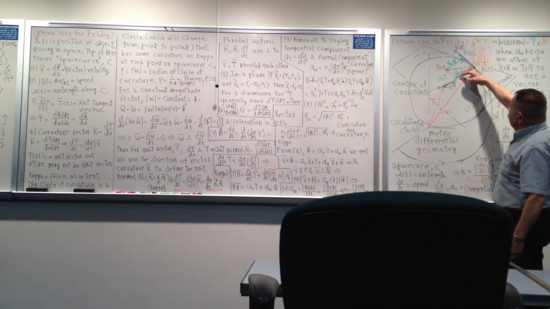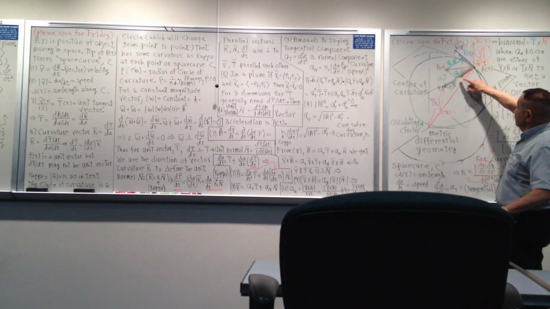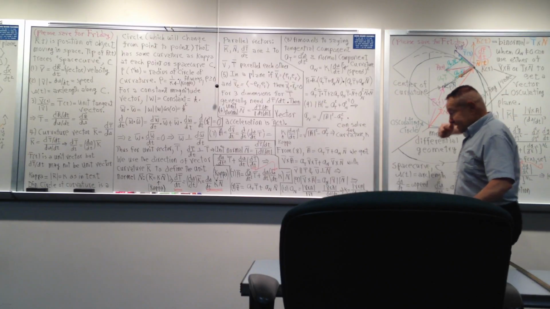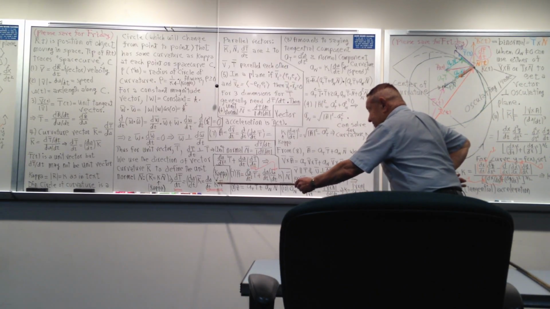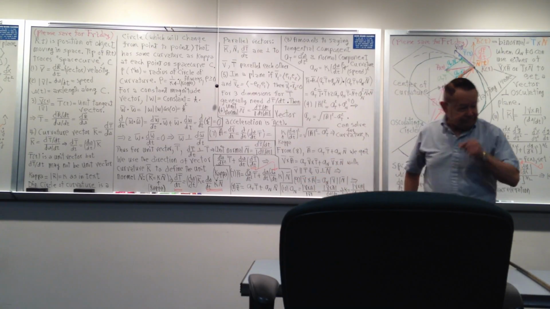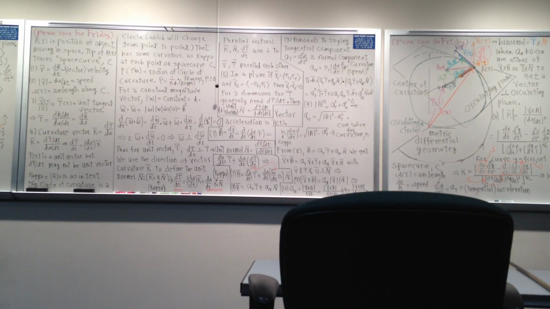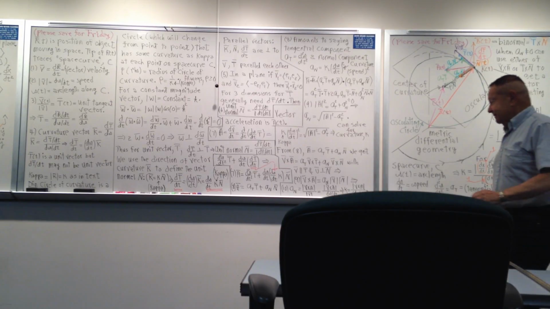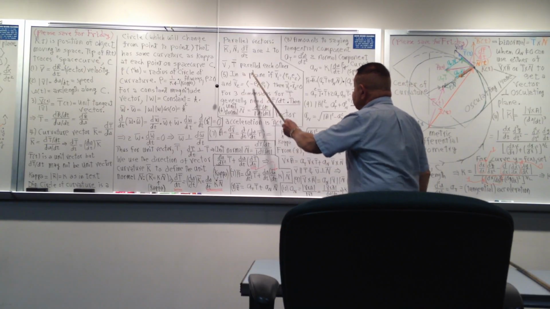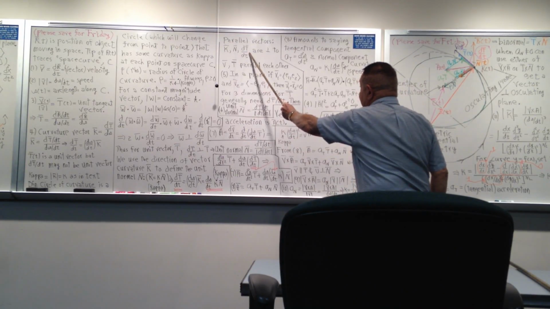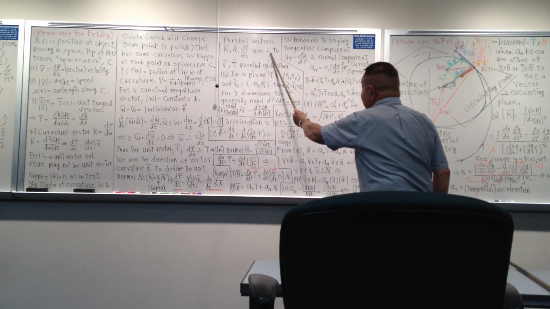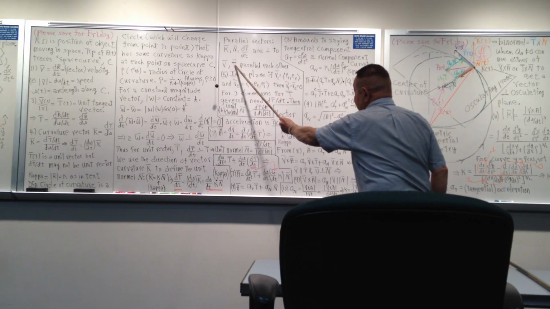In other words, the brown and the orange vectors point alike, so one of them is a constant times the other one, and that constant is the magnitude of your curvature vector. So we have these as parallel vectors to each other, which are perpendicular to those two, which are parallel to